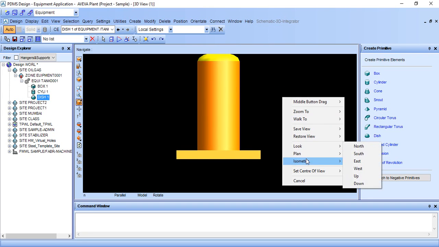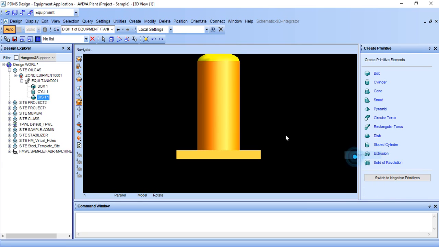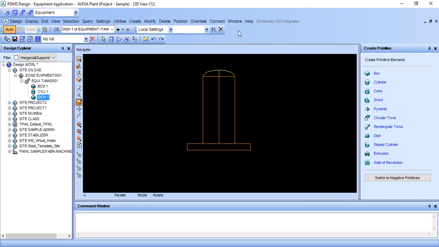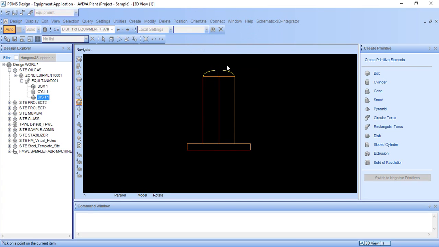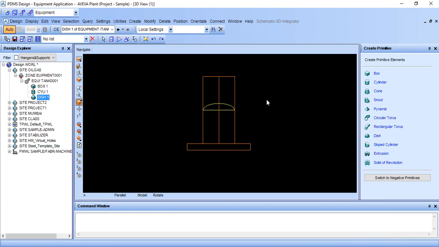If you want to see the top view, go on Plan North. This is the top view. So I want to teach you another method. I am intentionally moving this object to this point.